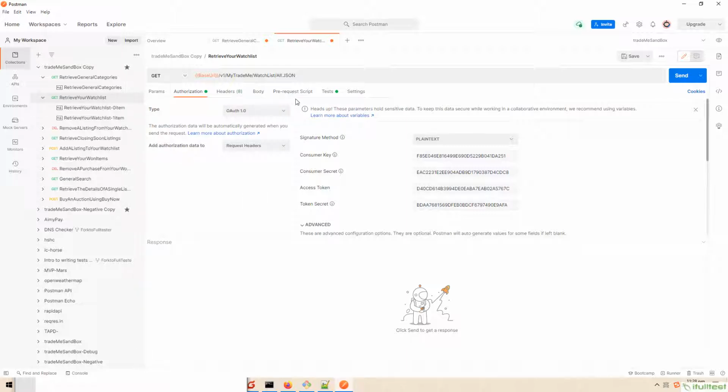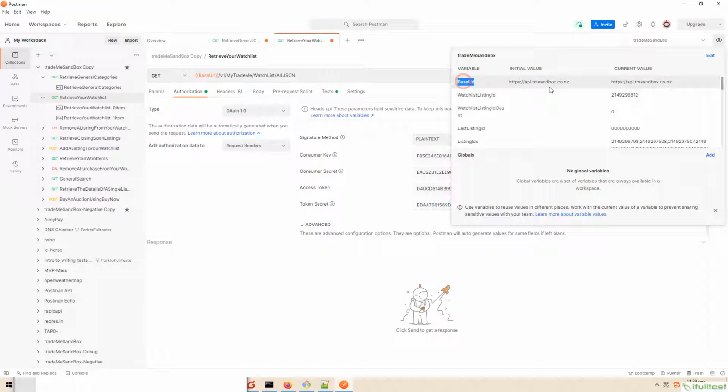We could try to send the request, and we have given the base URL as an environmental variable. See, base URL is our request domain.